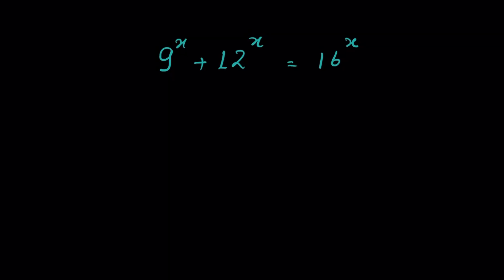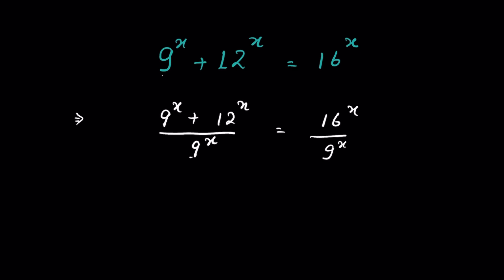9 raised to the power x plus 12 raised to the power x equals 16 raised to the power x. We have to find the value of x. How to solve this? Now if you convert this into the old method of dividing both the sides by a common denominator. So if we divide both the sides by 9 raised to the power x, then we are not changing